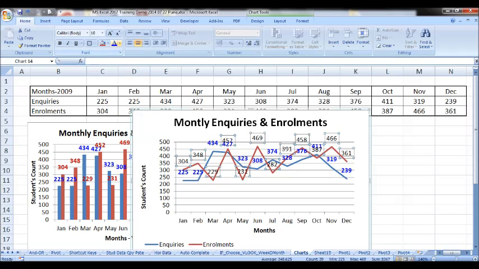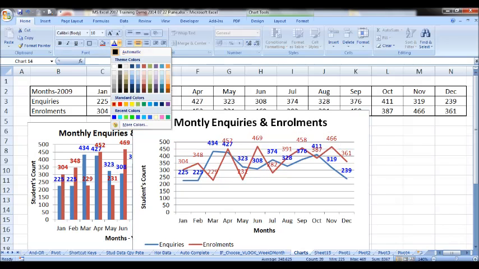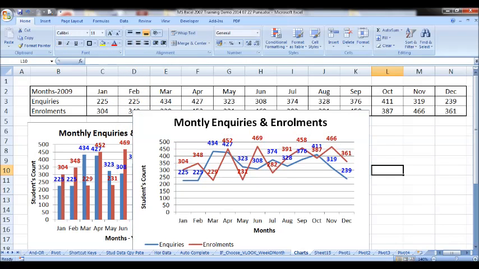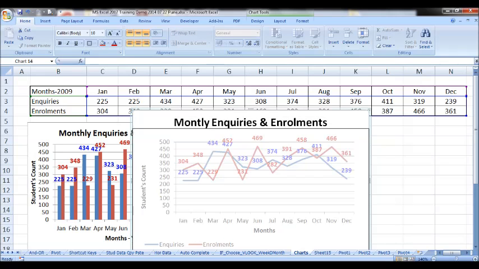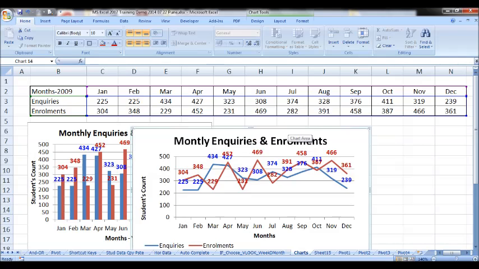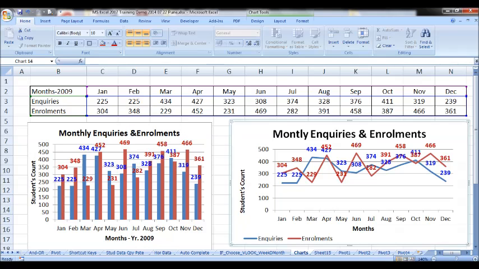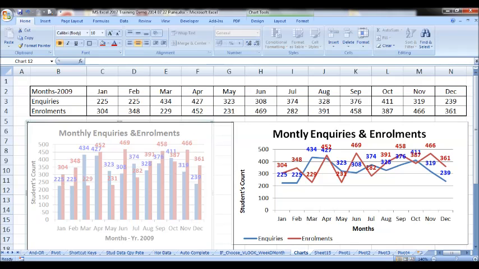Similarly for the other part, you can select it and mark it. This is how you have a line chart for the above data. Here you have both in front of you, one is a line chart, one is a column chart.